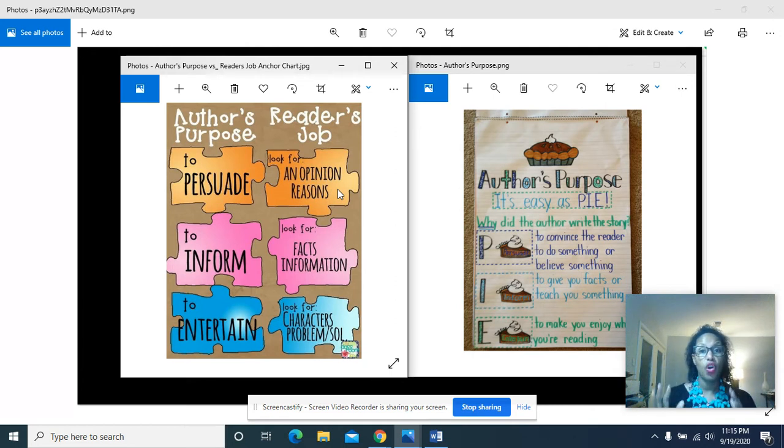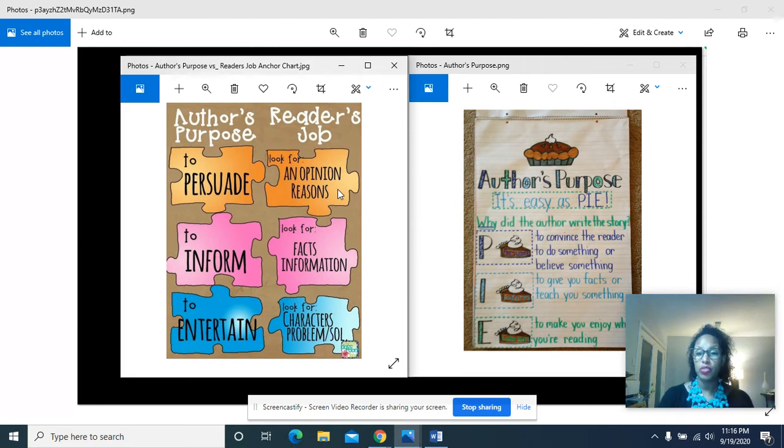And you're going to find this in all different types of writing. Now what we're looking at is poetry, but there are also other forms of writing that you will be looking at. And that'll come in the near future. The other reason that an author writes is to inform. And we know that when you're informing someone, you're giving them the facts, you're teaching them something. Okay. That is what the author's purpose is, to inform. But we want to look and see, what is it about those facts? What is the reason behind it? Again, we're heading back to that same thing of the author's purpose.